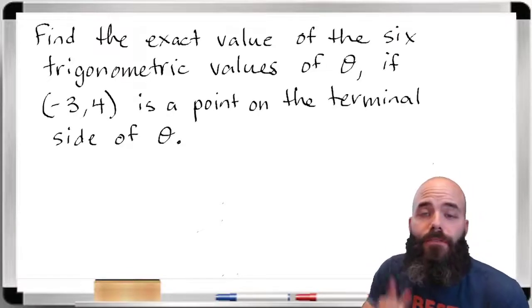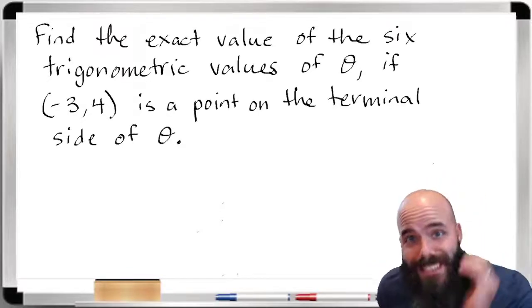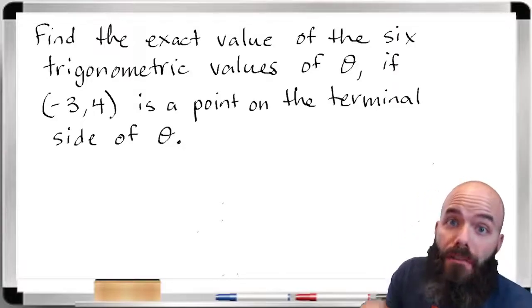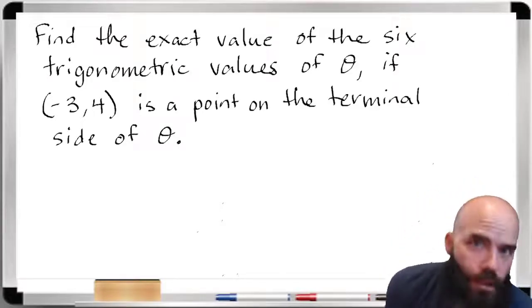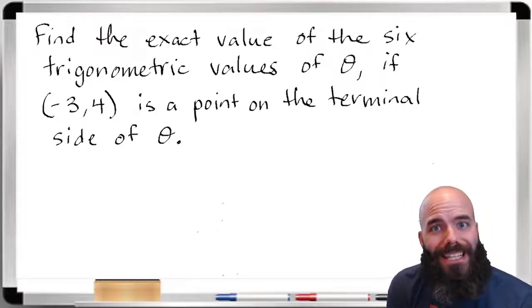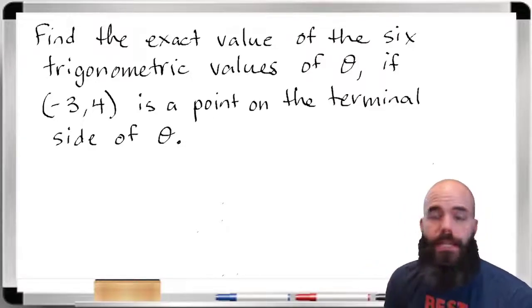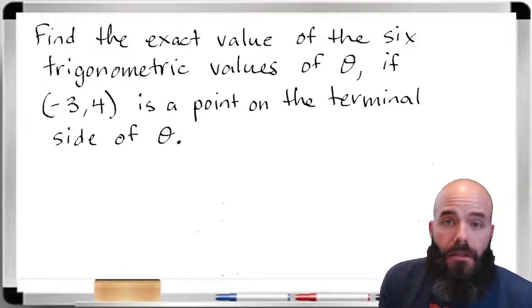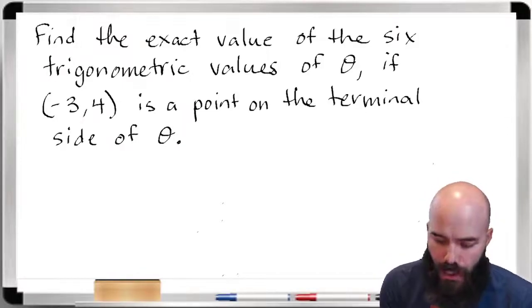All right, so we're going to find the exact value of the 6 trigonometric functions of theta. We're given a point that lies on the terminal side of theta. That point is -3, 4. All right, so what does that look like? Well, if we sketch the coordinate plane here,